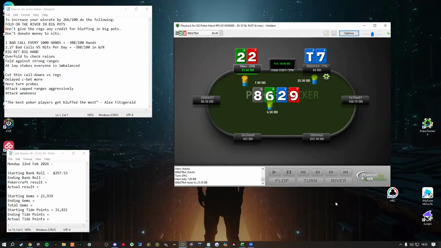This might be a one in 20,000 bluff, like crazy. I might see this type of spot once every 20,000 hands, or maybe between 10 and 20,000 hands. I mean, I folded top two the other day to a not that big of a raise